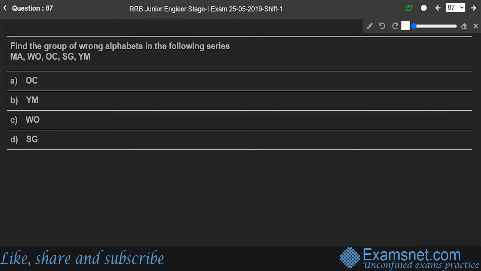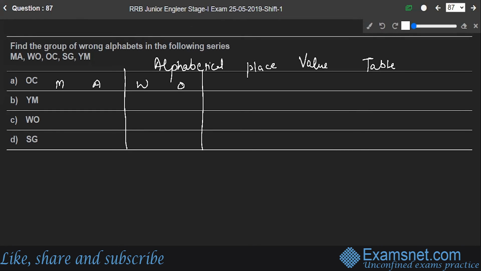To answer the question, we need the alphabetical place value table that we discussed a couple of questions back. So please refer to that table to answer this question. First of all, you have MA, WO, OC, SG,